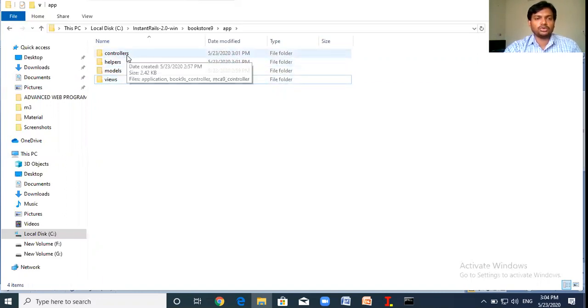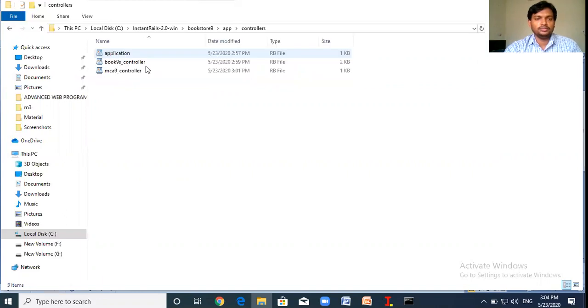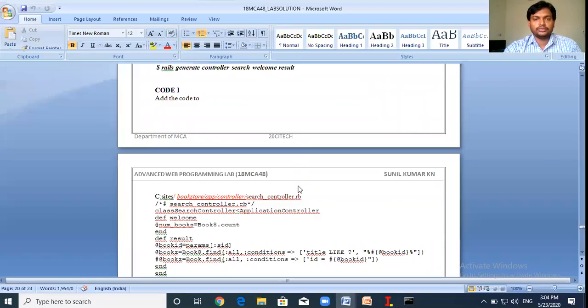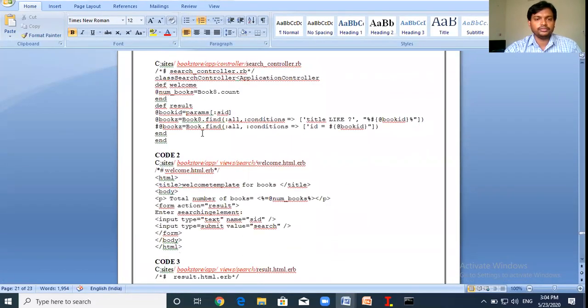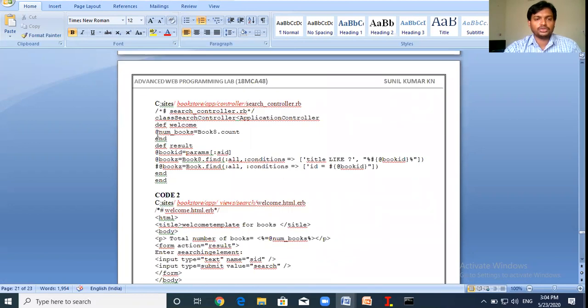So first we go to the controllers. For this application, we need 3 coding functionalities. The code one, we should place it in the controller. Just copy from the manual.